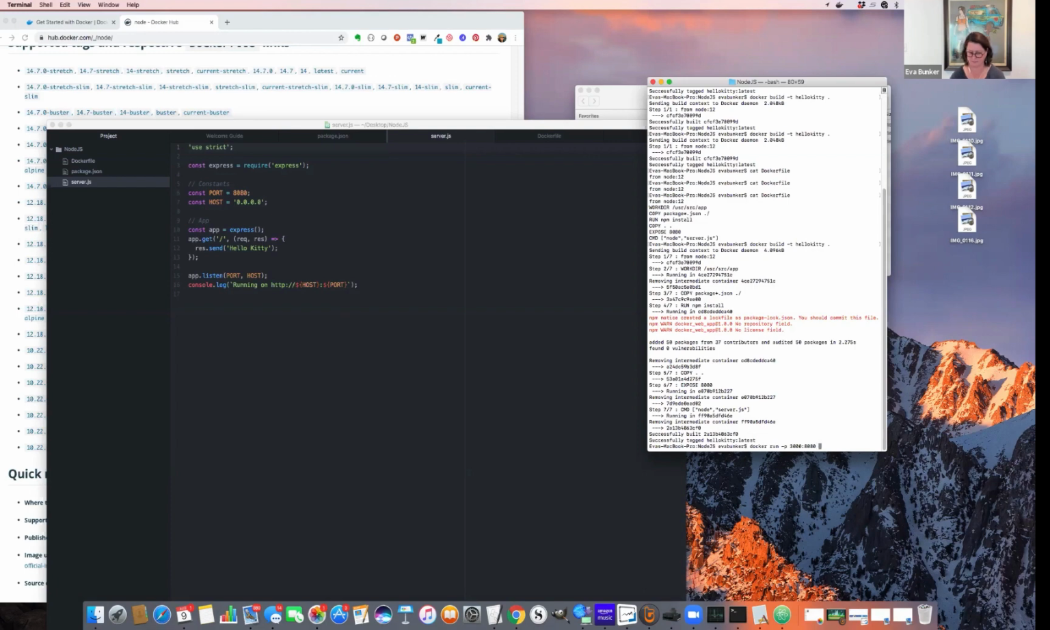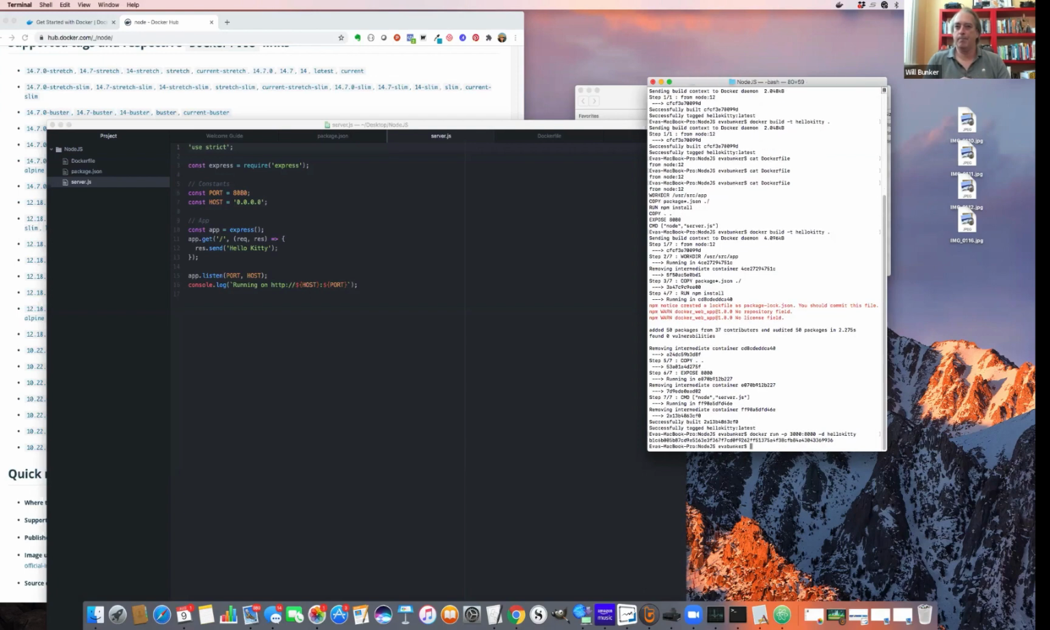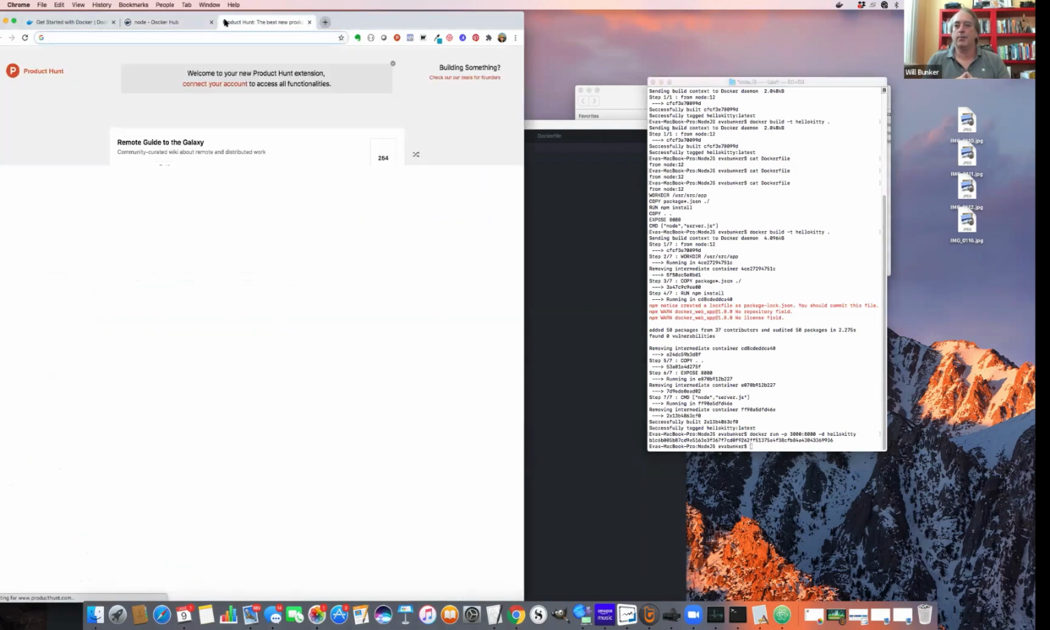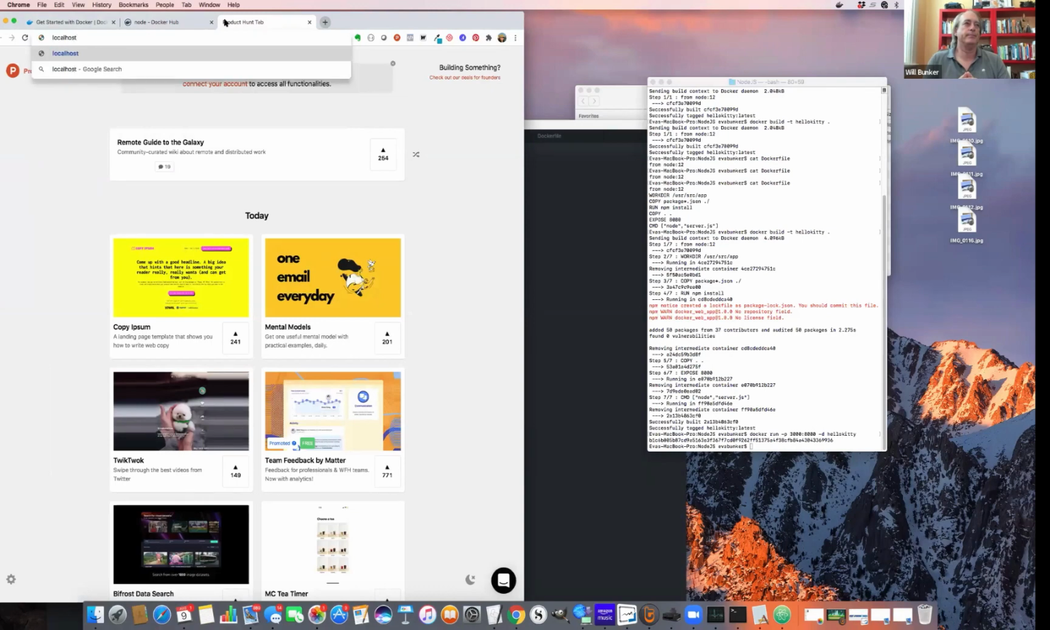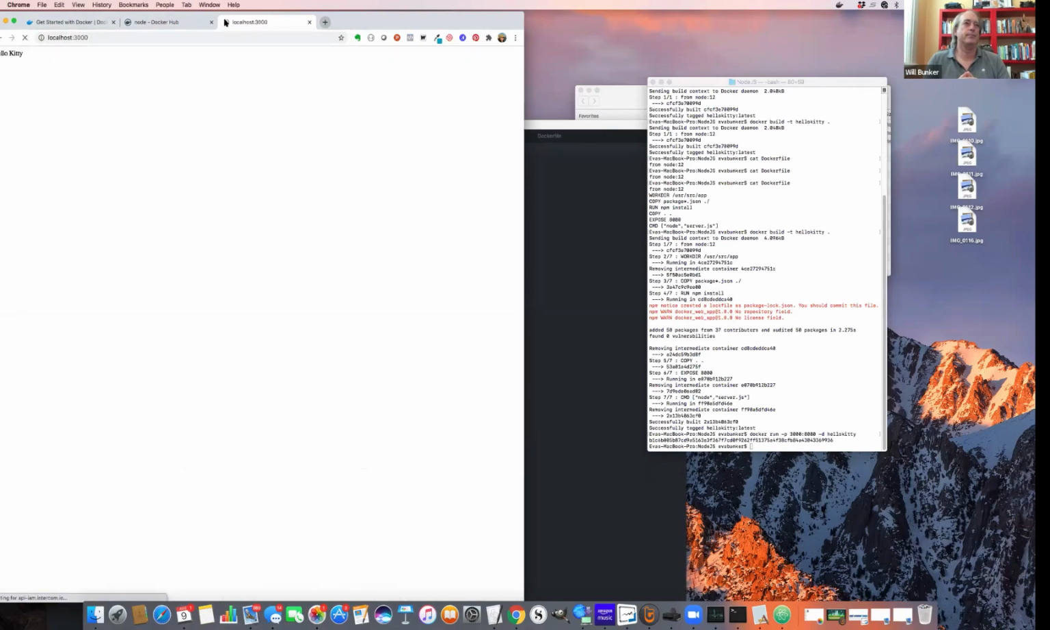Space -d, which means it runs in the background as a daemon. Space, and then the name of the container, whatever you tagged it when you built it, which was Hello Kitty. And hit enter. Now go to your browser and go to localhost 3000. Hey, Hello Kitty. So now you have a Node.js container that if you were to push this up to Amazon,